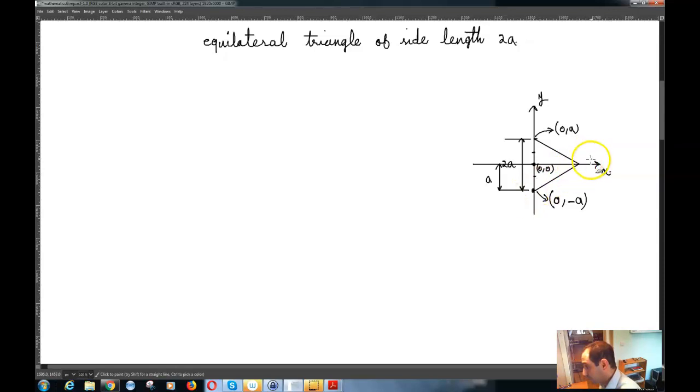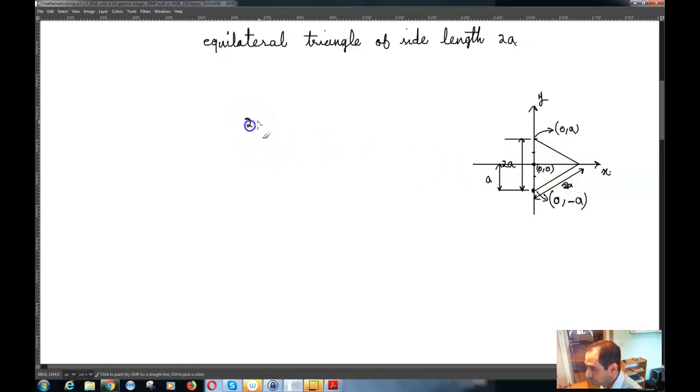And of course you know that this side is 2a as well, meaning that this distance over here is 2a as well. So I can calculate this length over here,